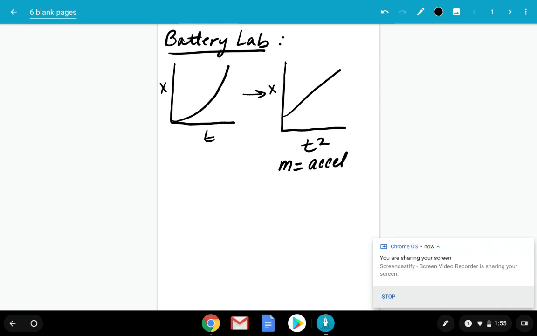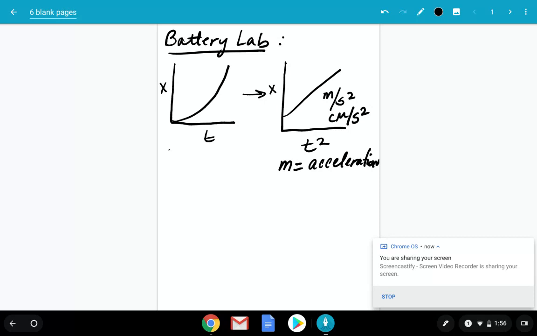And I could tell that based on the way that the units worked out, right? It was either meters per second squared or centimeters per second squared, depending on what you used to measure. Okay. So that being said,